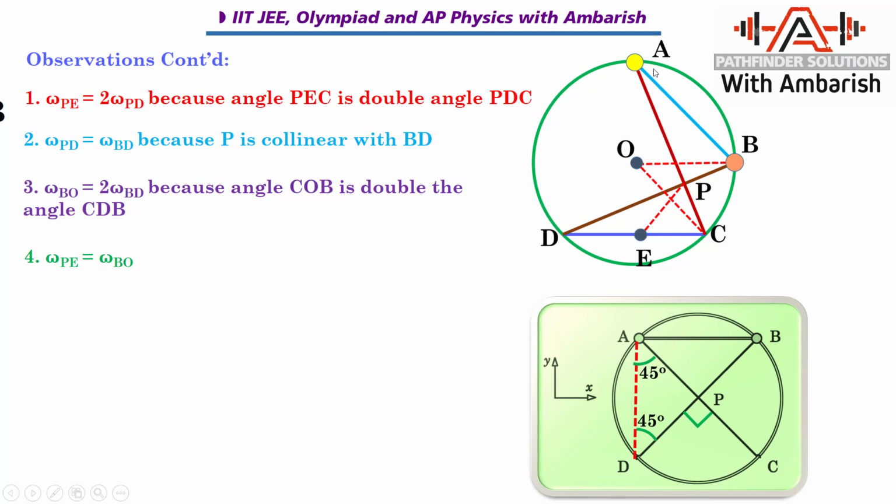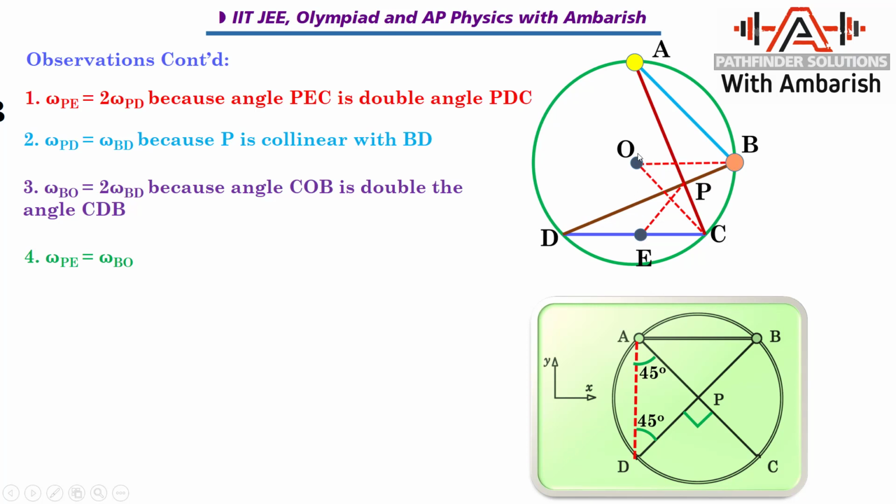So when B, you recall B has to come all the way to C for the strings to become relaxed. And in the process, when B comes to C, B has to rotate through an angle of 90 degrees about O. Alright, so when B rotates an angle of 90 degrees about O, P should also rotate through an angle of 90 degrees about point E, and it will reach the point C.